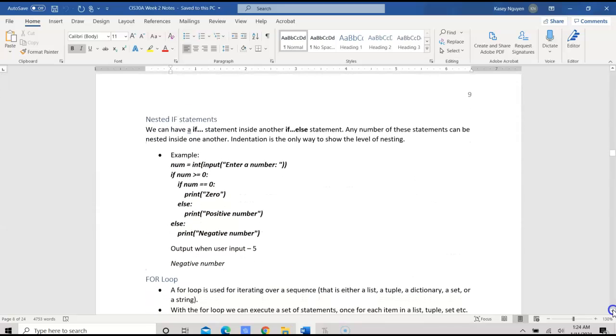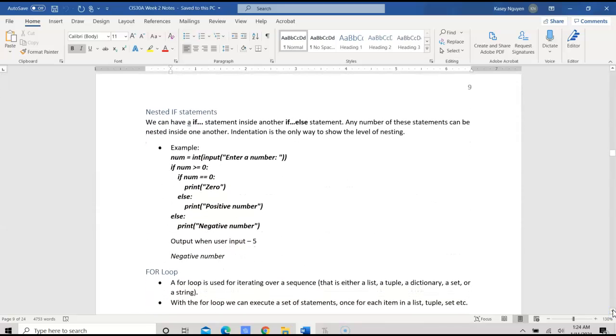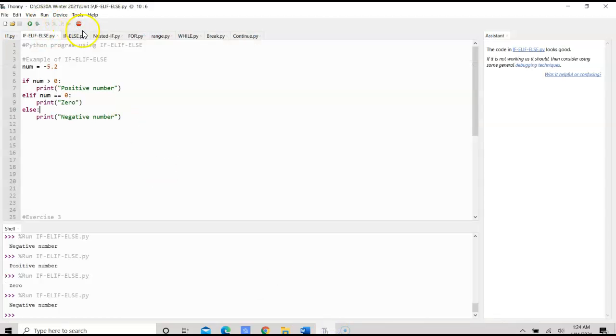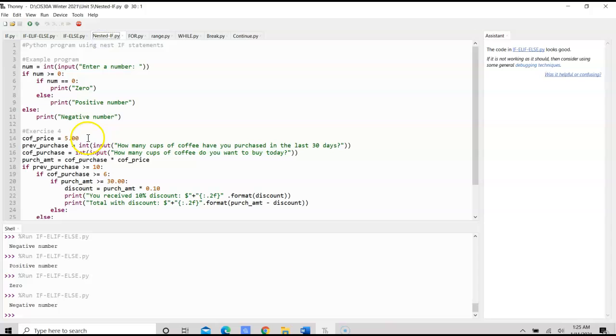Next, we're going to talk about nested condition for if. So if we would nest the ifs, we can have an if inside another if, where it would check the first condition and then the second condition, and then be able to execute if both of those are true. So in the nested if example,